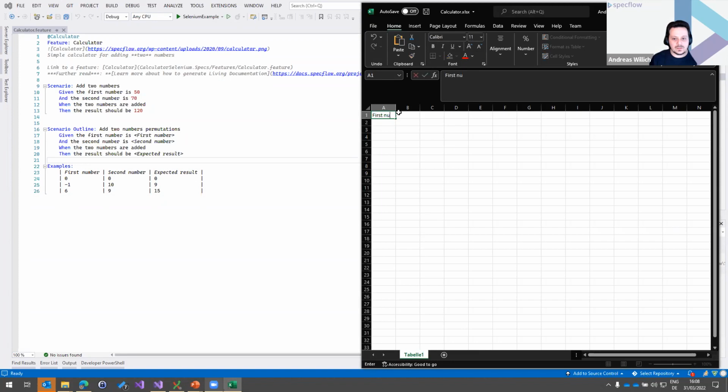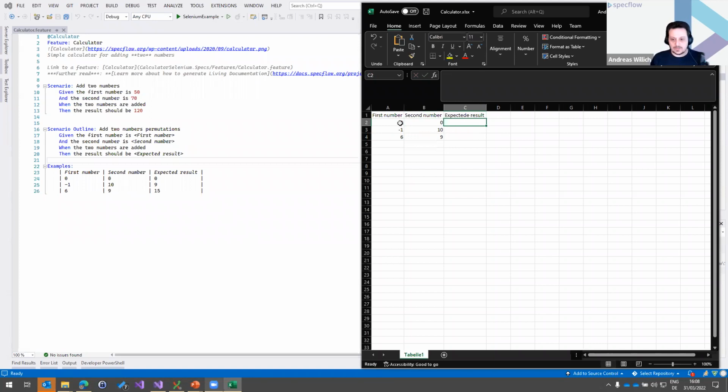So this is first number, second number, expected result, formatted, and then we have here 0, -1, 6, 0, 10, 9. And as we are in Excel and not in a text file, we can now use